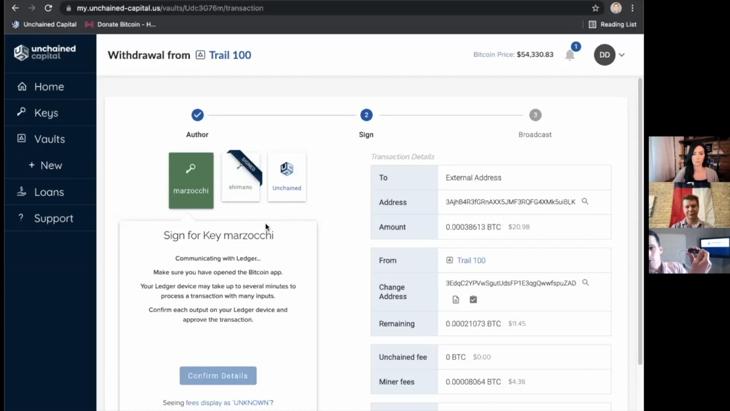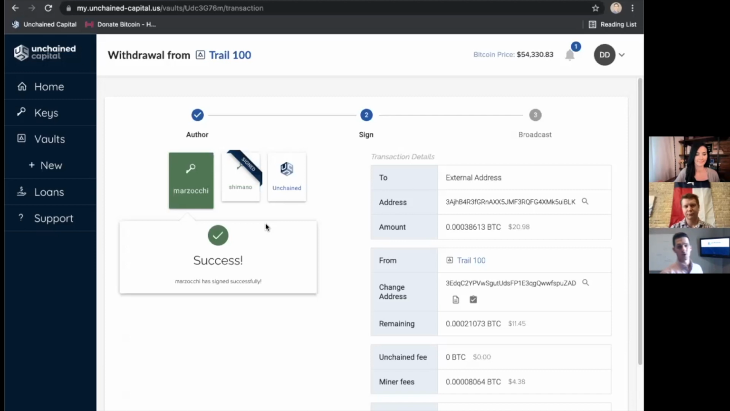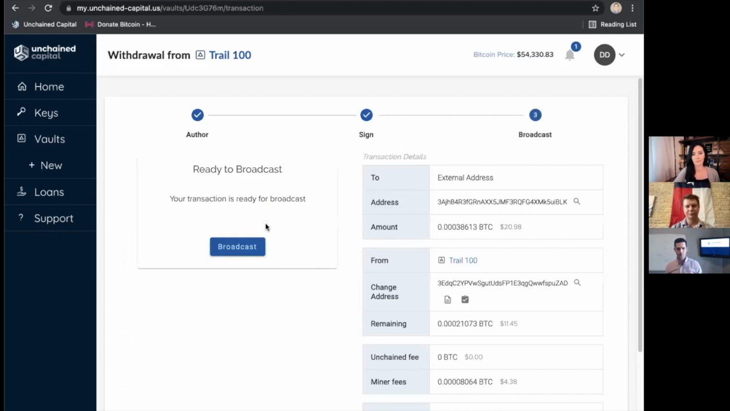Review output number 2, this will be my change address. So I go through the same process there. That looks good. Going to accept, and then finally accept and send. Okay, so from here, Marzoki is now signed and it's ready to broadcast. So we're going to go ahead and submit this,